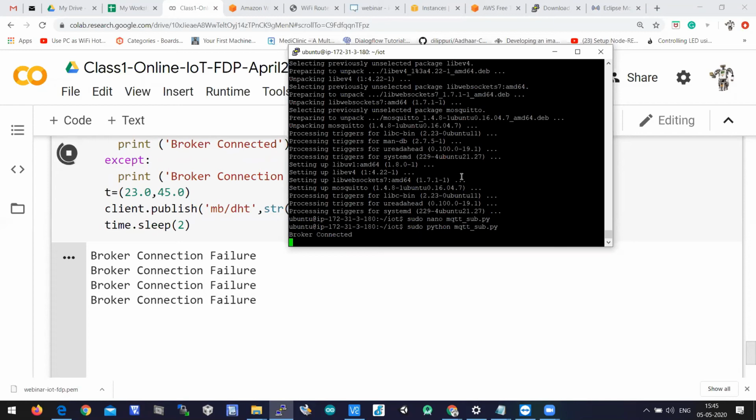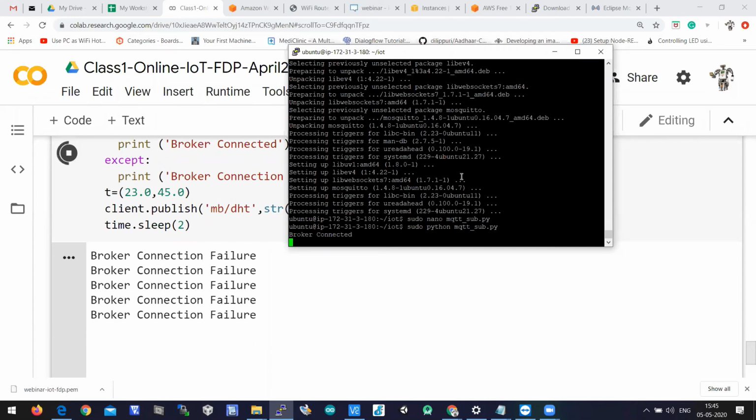The firewall of AWS is stopping the external request. That is why AWS is very popular; the security of AWS is very high. So AWS is stopping the external request coming from Google Colab, and that is why it shows broker connection failure on Google Colab, but broker connected on AWS.